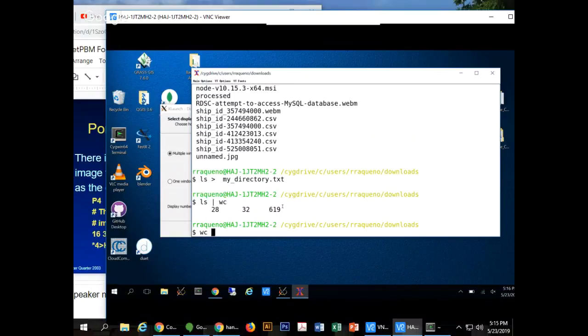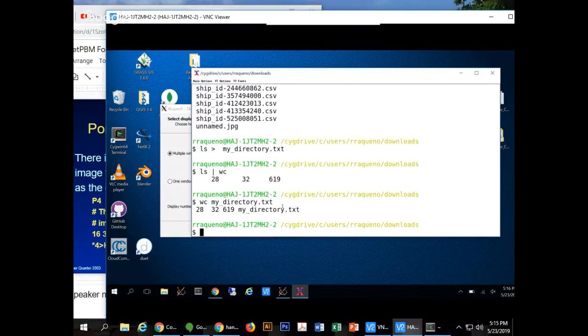If I do the same command on my directory, it should be the same, because you basically use this as a temporary location for the output of ls. So one thing that you can do with NetPBM is you can start stringing all these different commands. So if I now wanted to convert that PNG file,